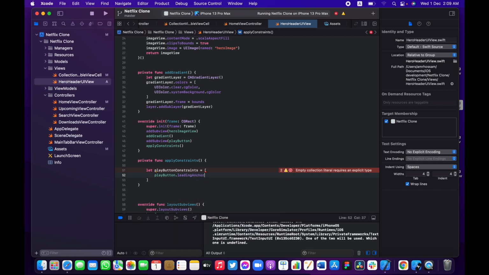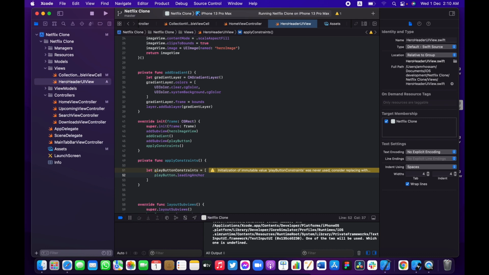I'm not going to use the left anchor because some of you may be from an Arabic speaking country. For Arabic speaking countries and devices that have the Arabic language set by default, these languages read from right to left, unlike English, which you read from left to right. So for English based devices, we're going to assign the play button on the leading anchor, which in our case is going to be on the left. But for devices that have an Arabic based language, the leading anchor is going to be on the right. It's really good practice if you want to make your app as global as you want,